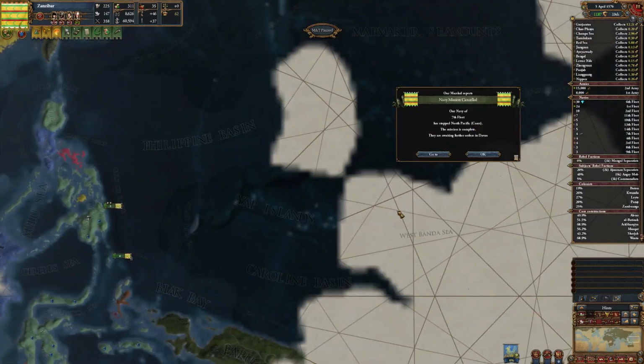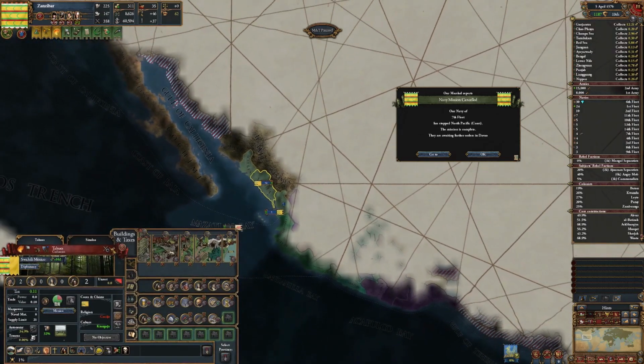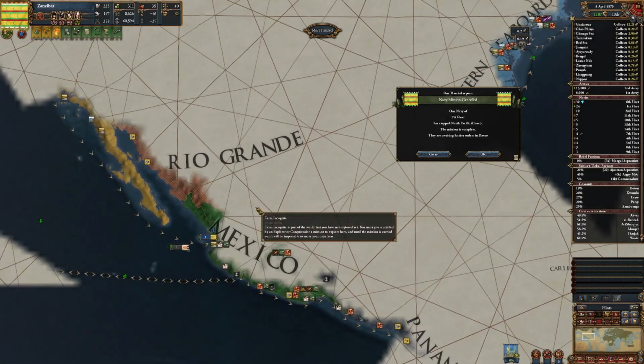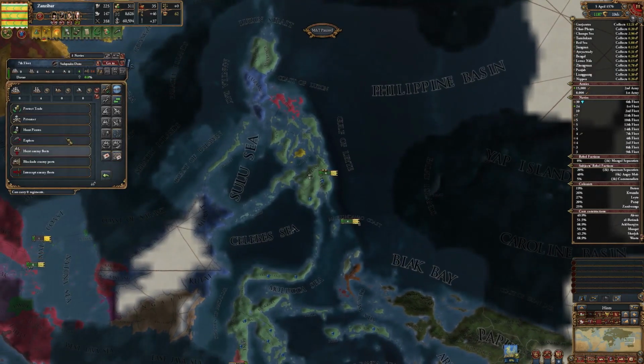Not sure if I mentioned this, but I have Pacific Mexico as a colonial nation now. So there is that. Can't put any merchants over here, though, because I don't know any of the inland nodes. But I am discovering the coastline, so...